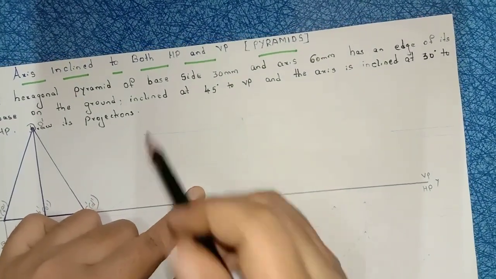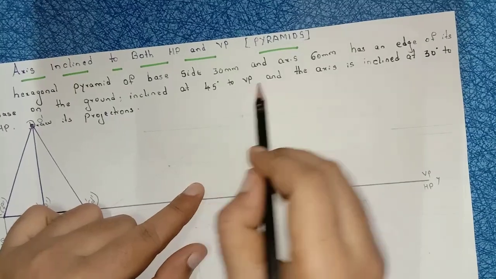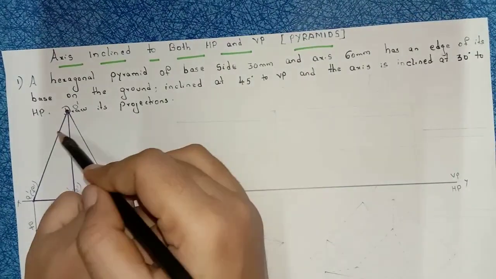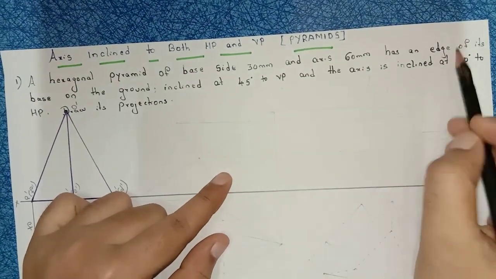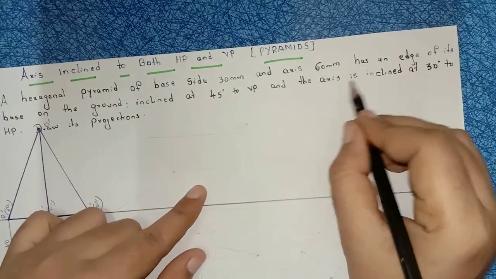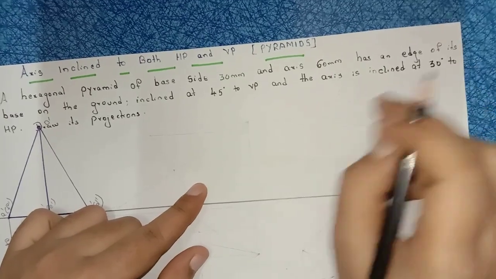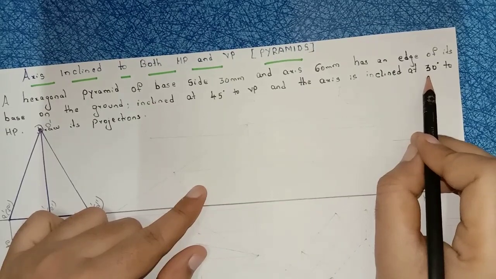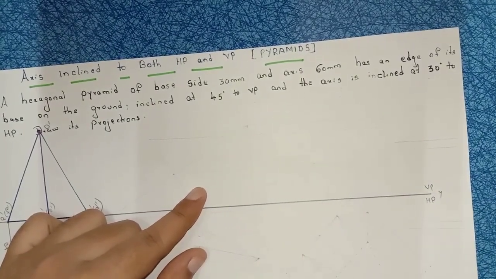Let us see the next condition. Inclined at 45 degrees to VP, so don't draw this one now. Next, the axis is inclined at 30 degrees to HP. So for the inclination to HP, we have to construct here. First construct this 30 degrees to HP angle. Here the axis is at 30 degrees. I am taking the base as 60 degrees. Base 60 plus axis 30 is 90, a right angle triangle, and 90 plus 90 is 180.